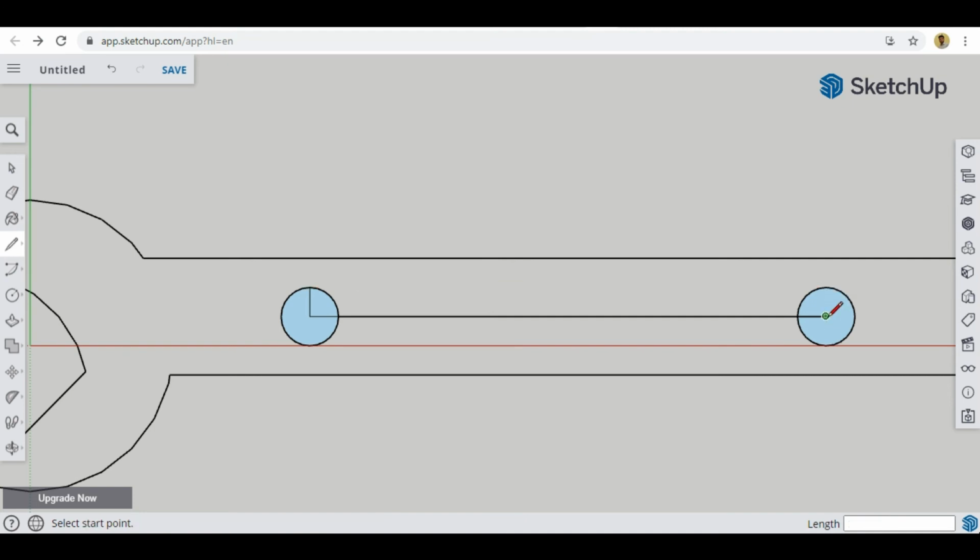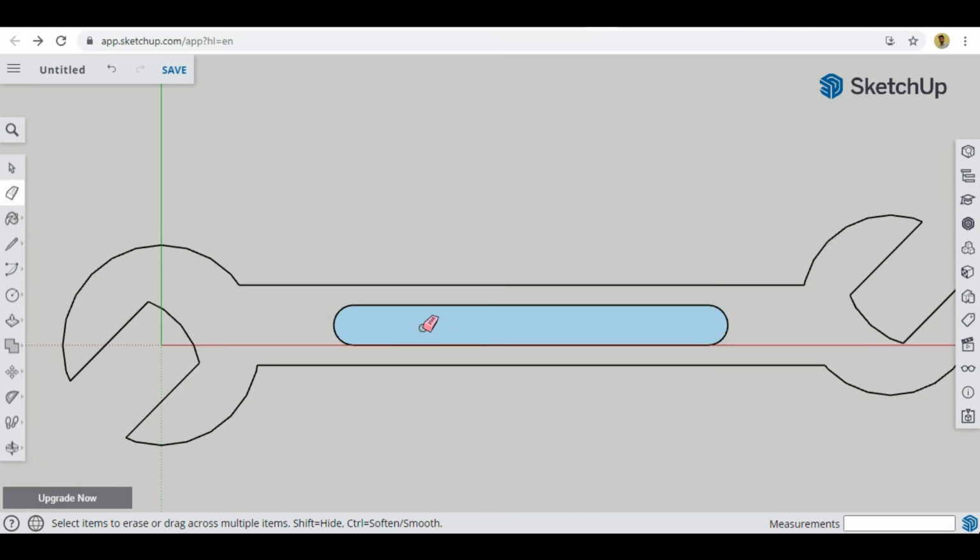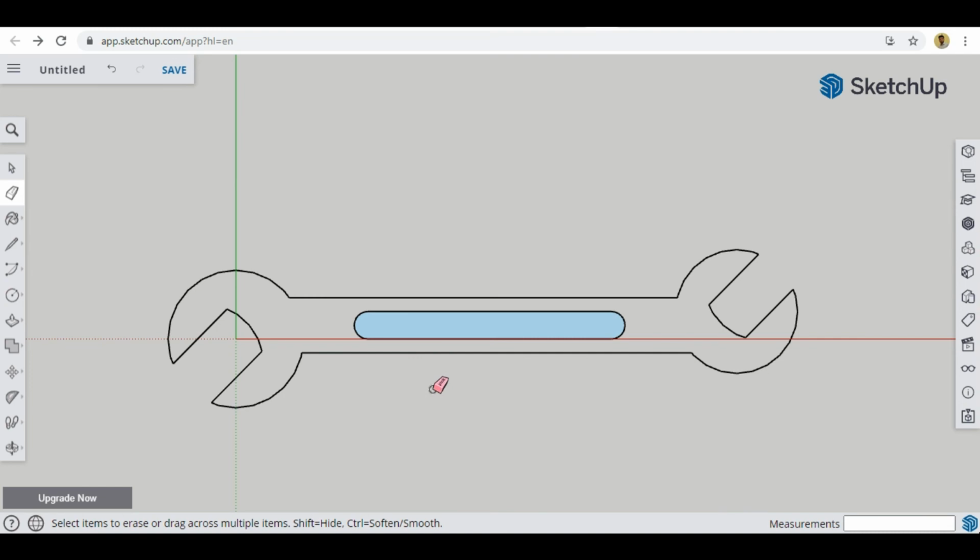Sorry, first I will create these lines. Now I can connect these lines. Now take the eraser and erase everything which is inside it, even these lines also. See, now we have a slot also.